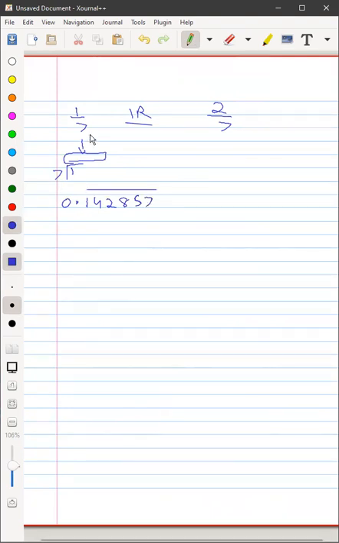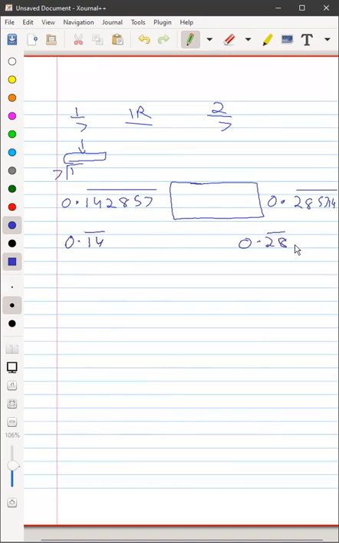So this is a rational number. Same thing, 2/7 will be twice of this, so this will become 0.285714 recurring. Now I want an irrational number between them. Can you tell me how to do that? We don't need to subtract. Take 0.14 and 0.28, forget the rest of the digits. Between these, I can take a number starting with 0.16. 16 will obviously lie between 14 and 28, right?